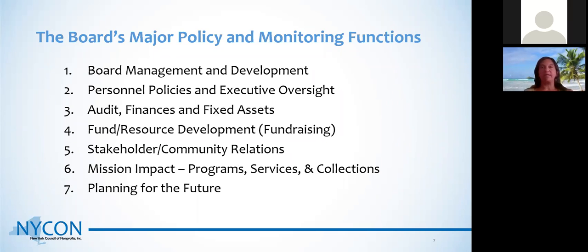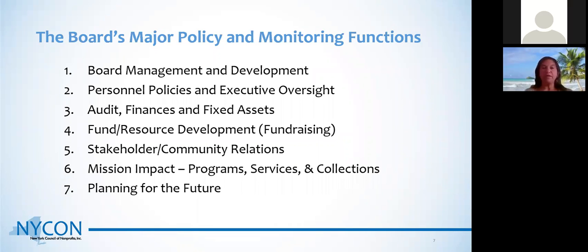And then, of course, strategic planning, which is really important in making sure that you have the viability and sustainability of your organization, that you know where you're headed, that you've created a roadmap so that everyone is on the same page, and that it's not just 10 or 12 or 15 people on the board, each with a unique idea of where you're headed, but that you have a shared consensus and plan for the future.